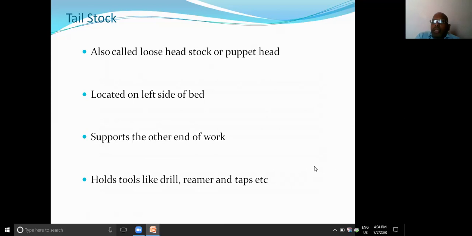And during the reversing position of that particular tap, that means in order to remove that tap from the central hole, the direction of rotation of the job is supposed to be reversed. For that purpose, by using the reverse gear mechanism in the headstock, the job is rotated in the reverse direction. Only during the reverse rotation of the job is the tap ejected or removed from the hole.